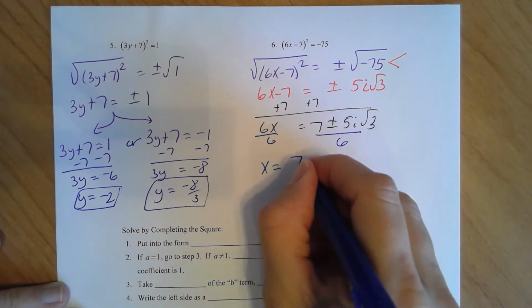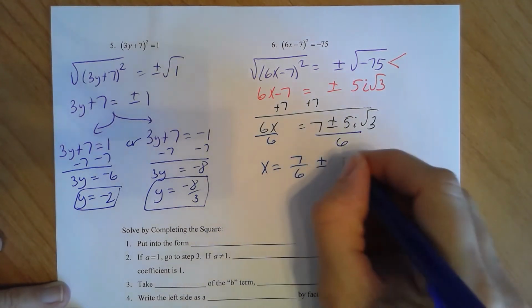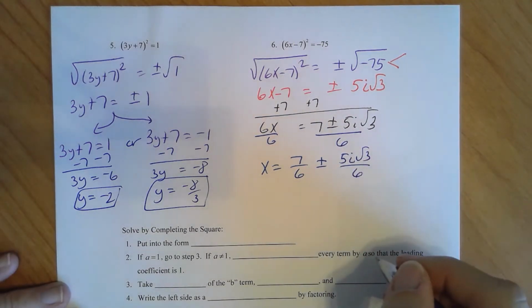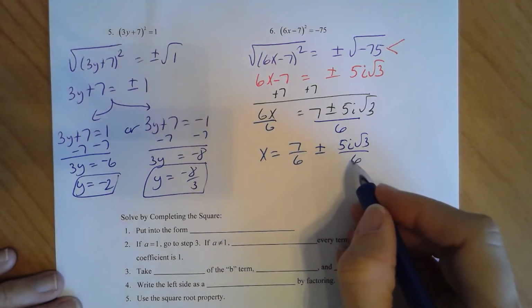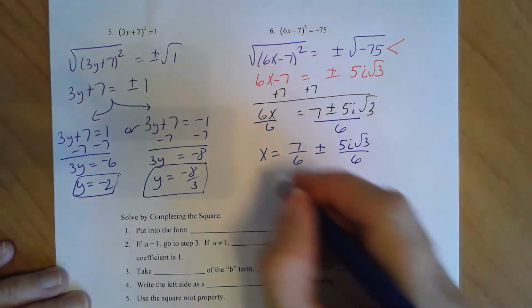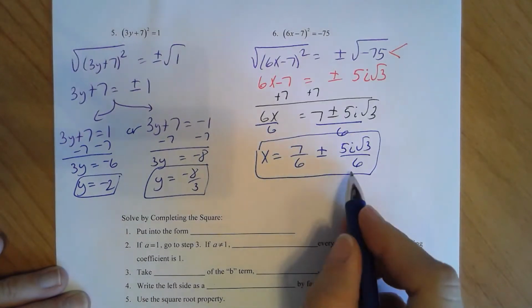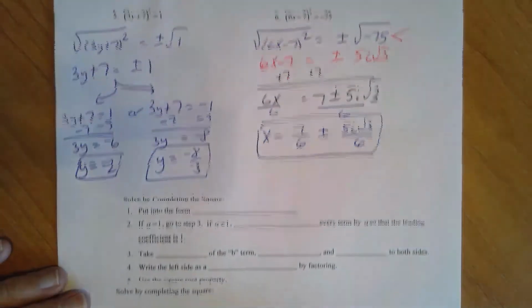You need to separate them into each its own fraction. So 7 over 6 plus or minus 5i square root of 3 over 6. If you can reduce either fraction, you do so, but you cannot reduce either one of them, so you are done. So that's the square root property, which is